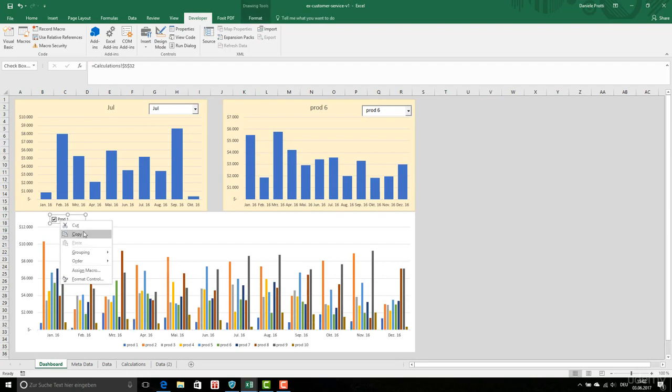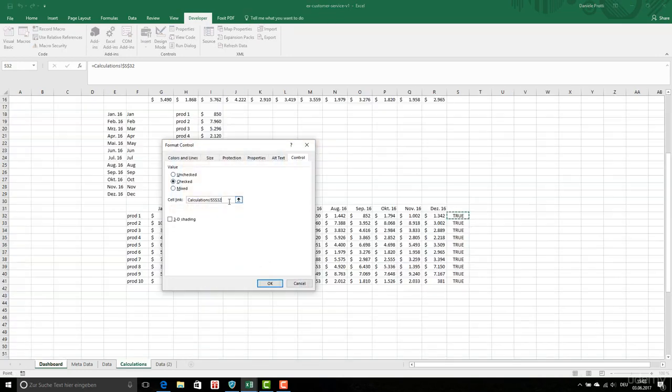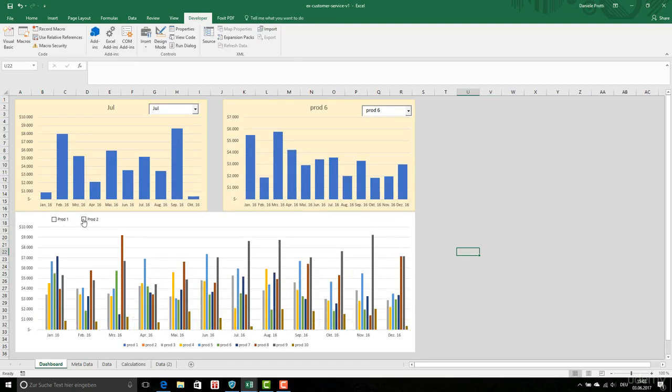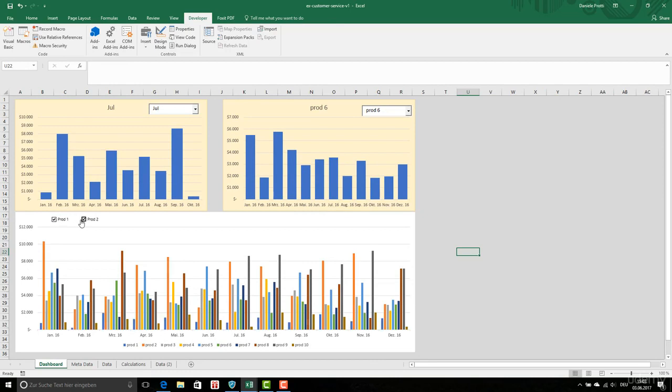I'm going to do this also for the other products. First of all, I'm going to make it shorter. Go to the end, type 2. I'm going to form a control. And here we have this one, okay? Prod 2. So if I'm going to, you can see here, I'm going to